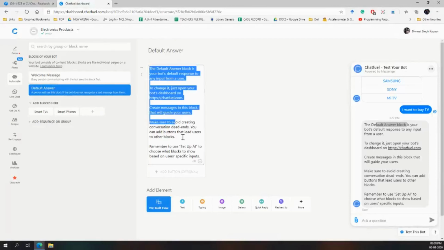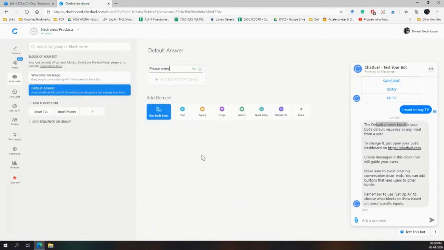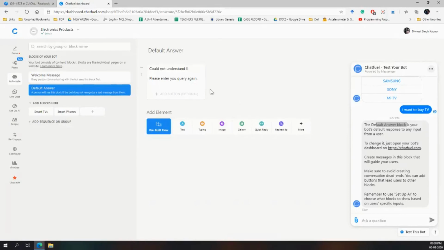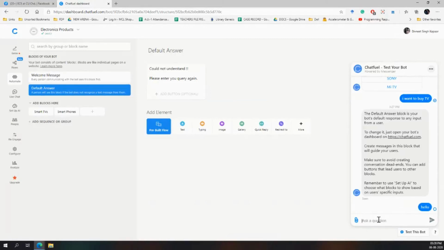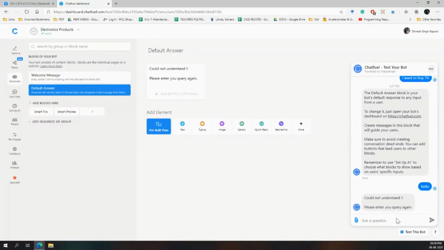So here you can change it, and you can write: please enter your query again, could not understand. So if I say hello, it will give me that I could not understand, please enter your query again. So this is the default answer.